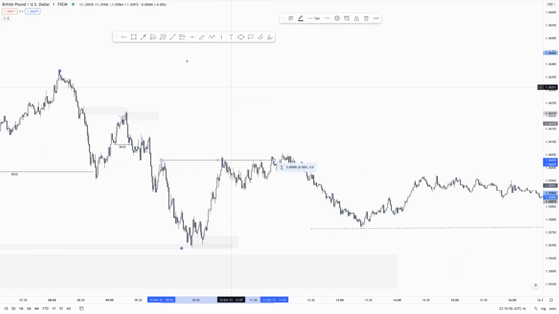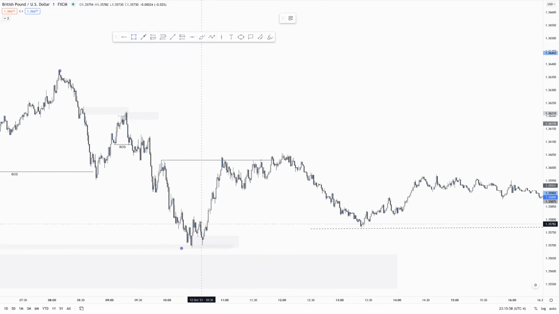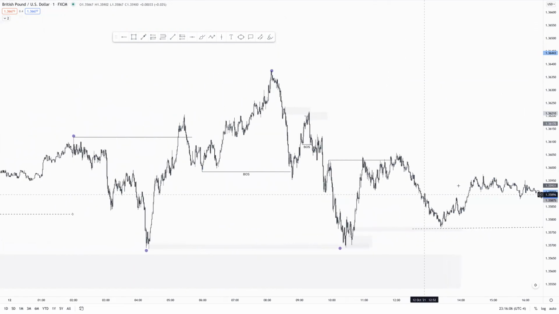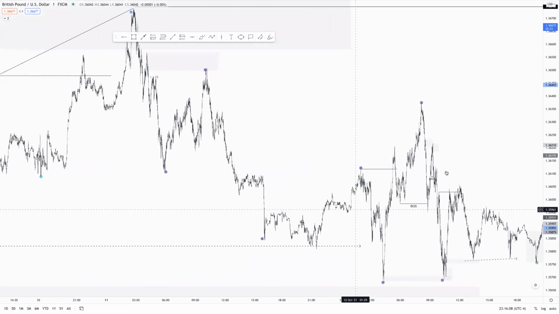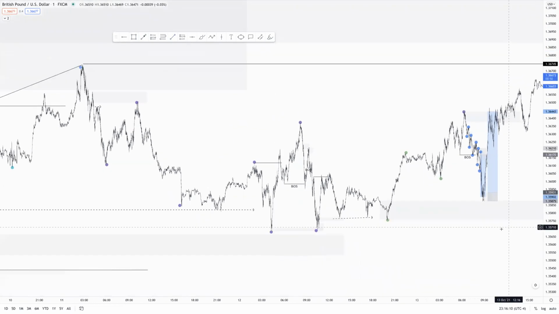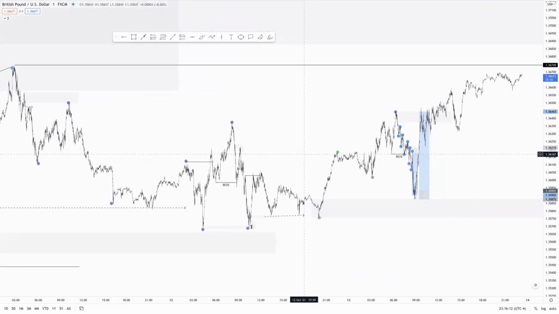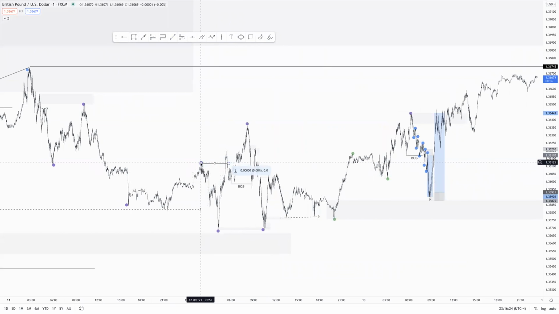So what did I notice? I noticed that we had this entire area unmitigated, or if you really wanted to, this was an unmitigated candle. So you could have gotten some absurd entries on this. You could have gotten this crazy one here, this one here, this one here. And this one sadly would have been tapped out, but you can see there was high, low,